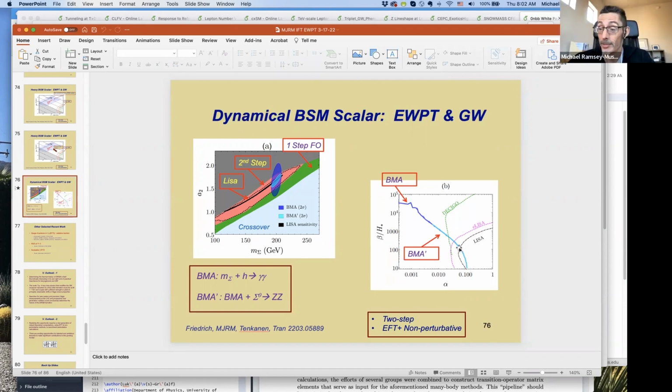Right, unfortunately. So you might learn from the collider measurements that you live, say, up here where my cursor is, outside the LISA region. Or, because of the 95% confidence level, you might, for lower masses, overlap with the LISA region. But if you lived up here, then it would essentially be saying you're in this region where LISA doesn't have sensitivity, and you would need a more powerful gravitational wave probe in the future. So we can't give up on the colliders. Not that we were going to, but